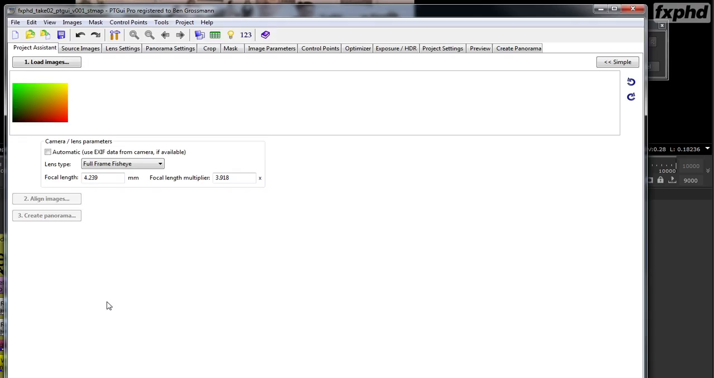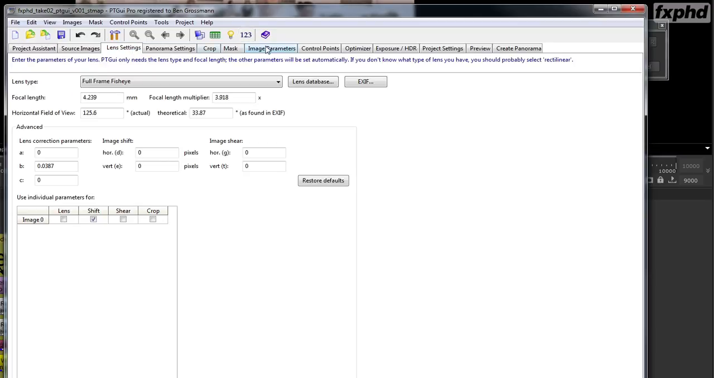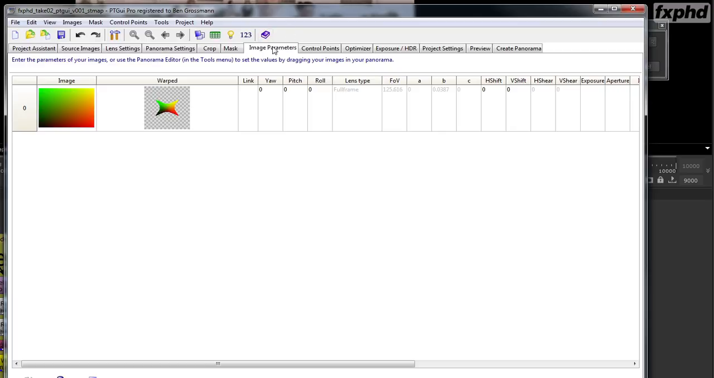So I've opened up my PTGUI file, and as you can see right here, it really doesn't matter which file you open, whether you open the one with the ST map or the 6 images. But what you're trying to do is get the field of view information, and you can go into the image parameters and find this right here,